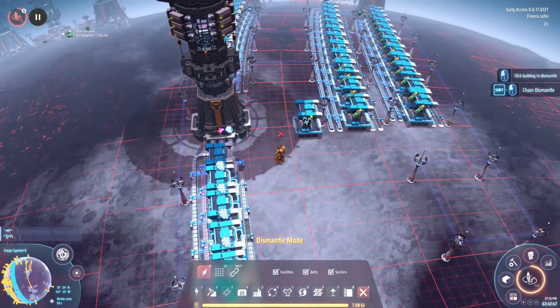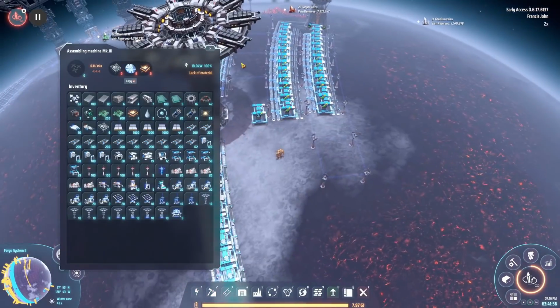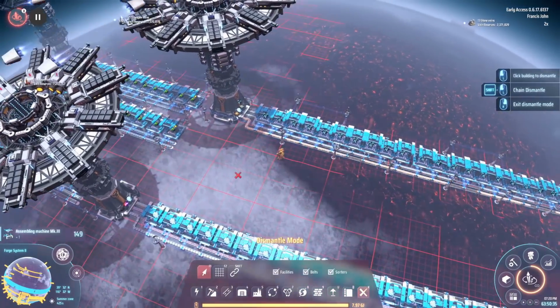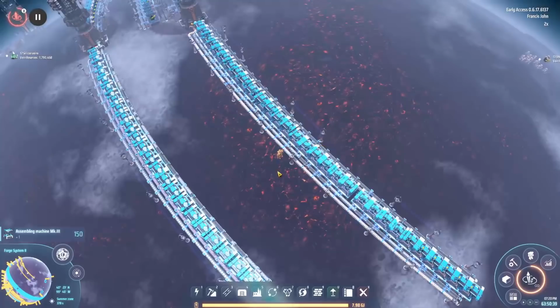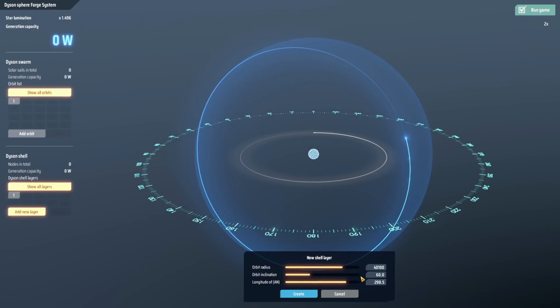Oh, we can get rid of that. All we need now is some components. What was it? Yeah, Dyson Sphere components. That should take a couple of minutes. With that actually up and running, I think we can now build our Dyson Sphere here. That would be excellent. We're going to add a new layer and we're going to make it a maximum size,